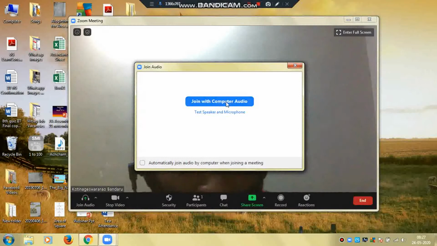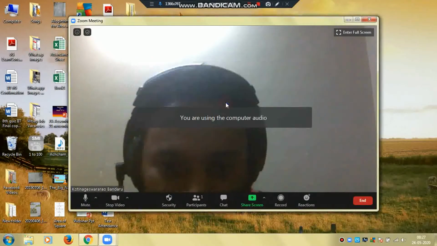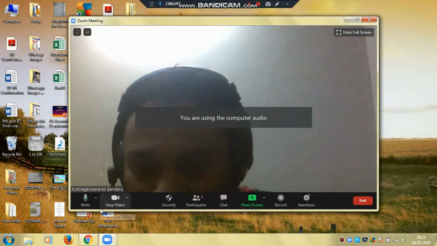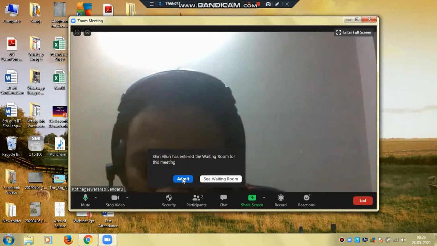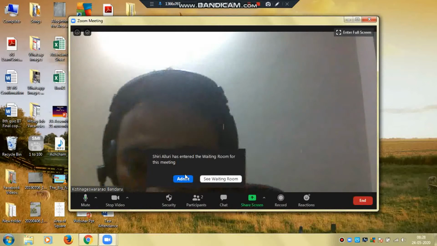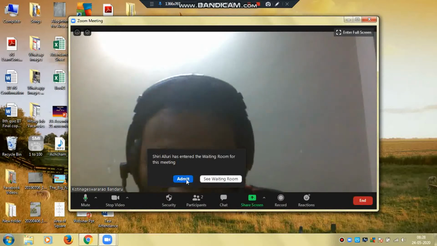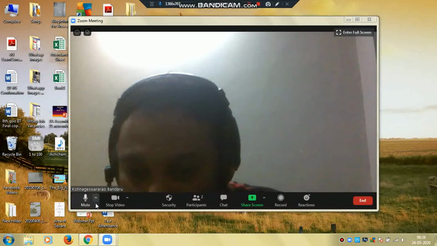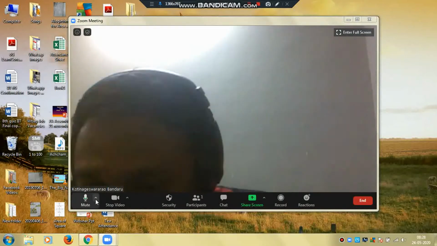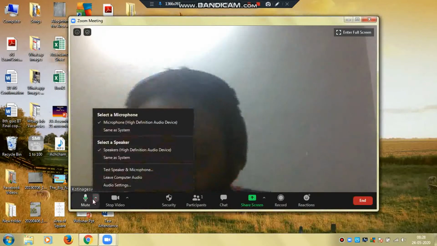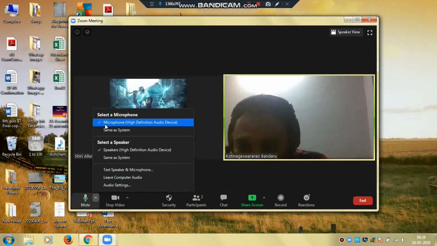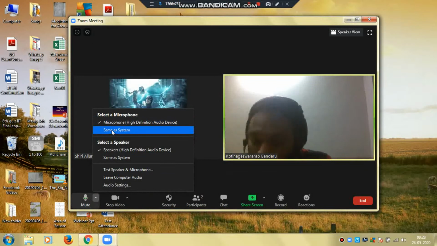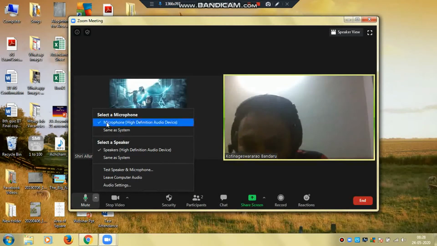Join with the computer audio. Here you can see the audio settings on the left side. When the students are joining, it shows a pop-up message, which we have also discussed. Here you can check your speaker audio settings. You can see microphone, same as system, and select speaker. This is about selecting a microphone.